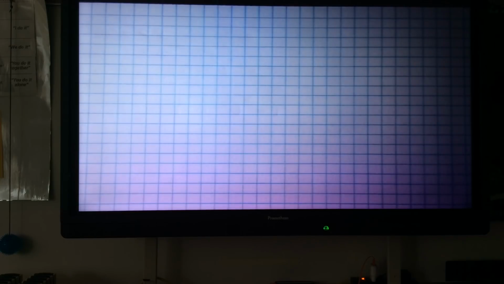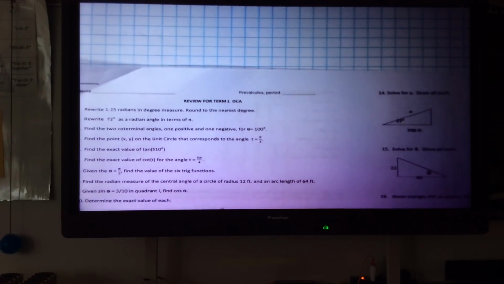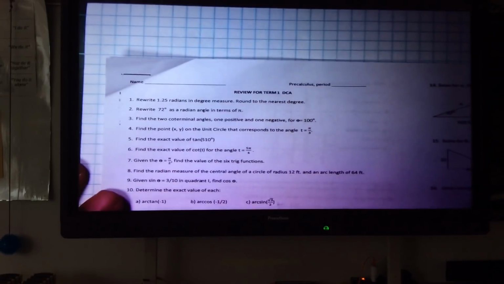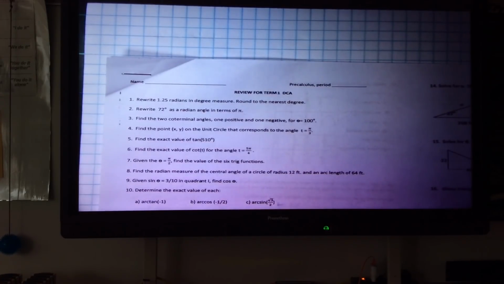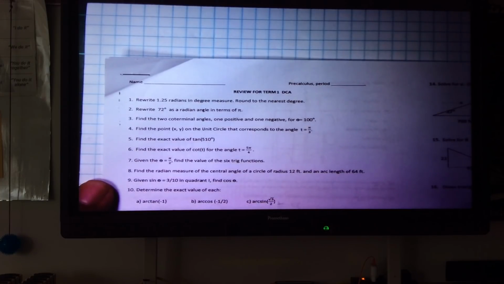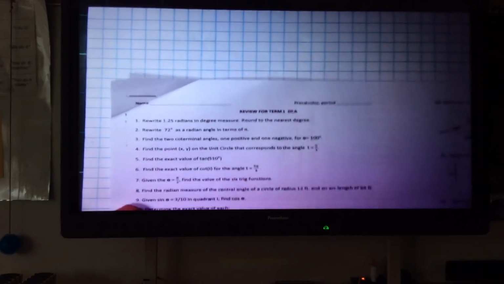Okay, first problem. This is the review for Term 1 DCA. Problem 1 says rewrite 1.25 radians in degree measure. Round to the nearest degree. Now, nearest degree means there's no decimal. So for problem 1,